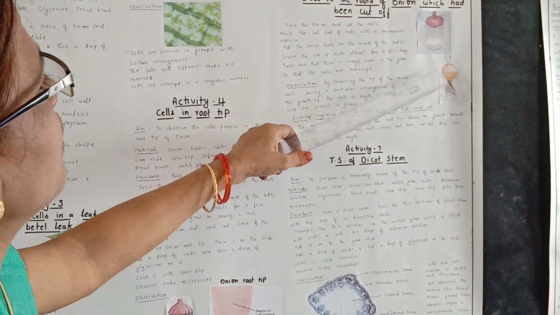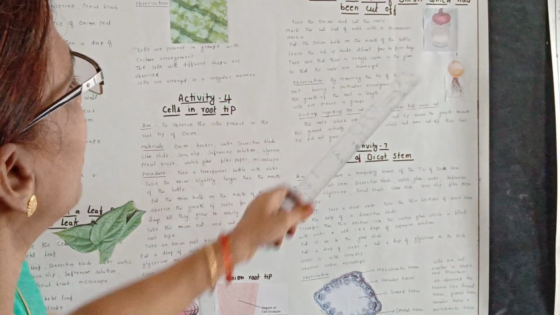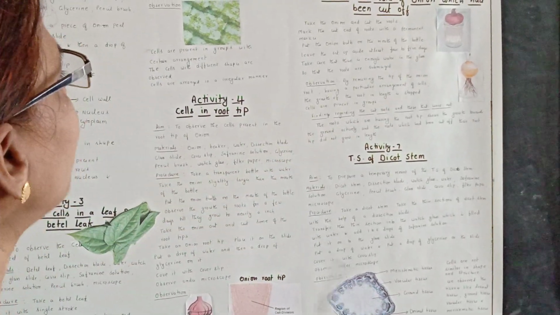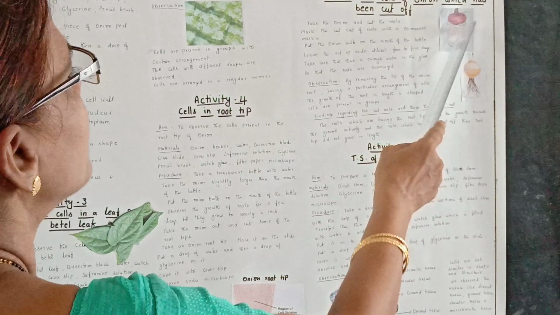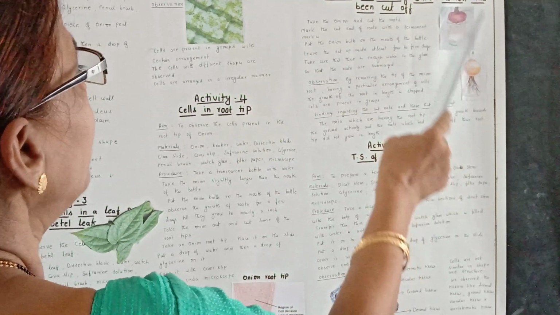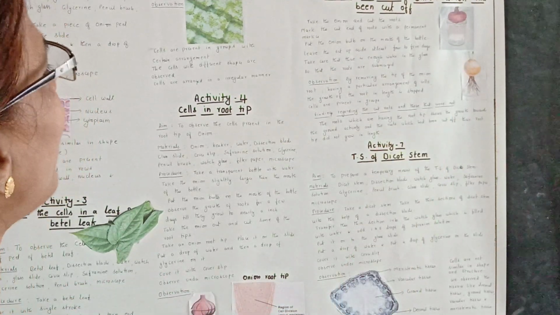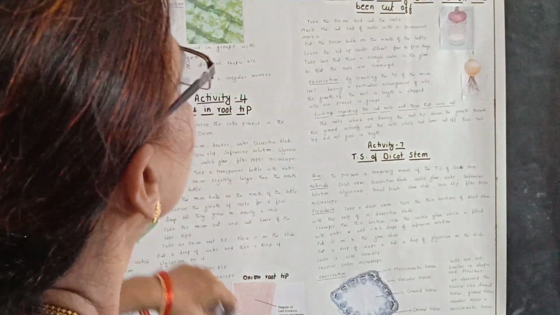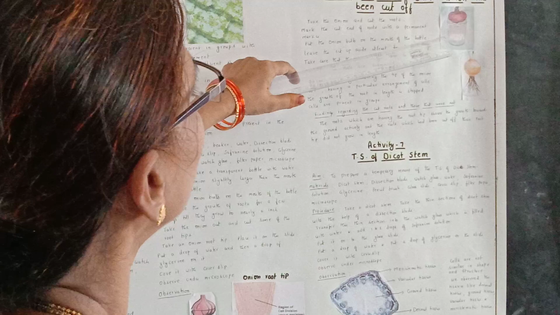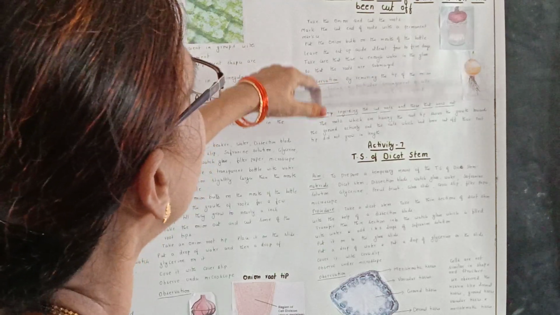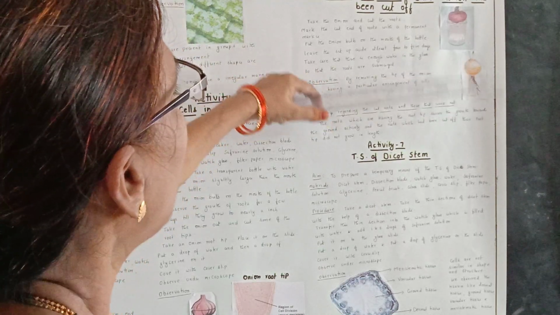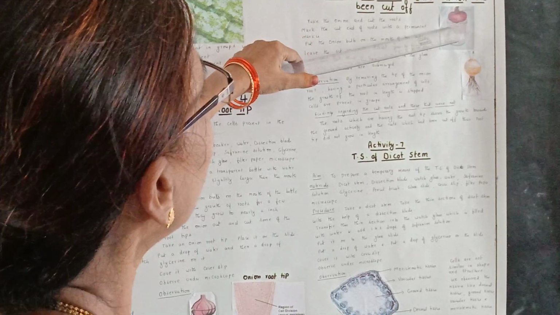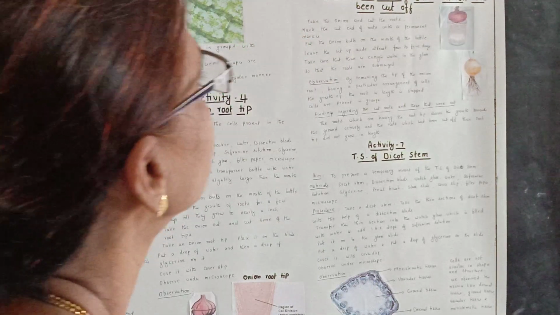What we observe: by removing the tip of the onion root having a particular arrangement of cells, the growth of the root in length is stopped. Cells are present in groups. What are we finding regarding the cut roots and those that are not? The roots which have the root tip show active growth towards the ground, and the roots which had been cut off, their root tip did not grow in length.